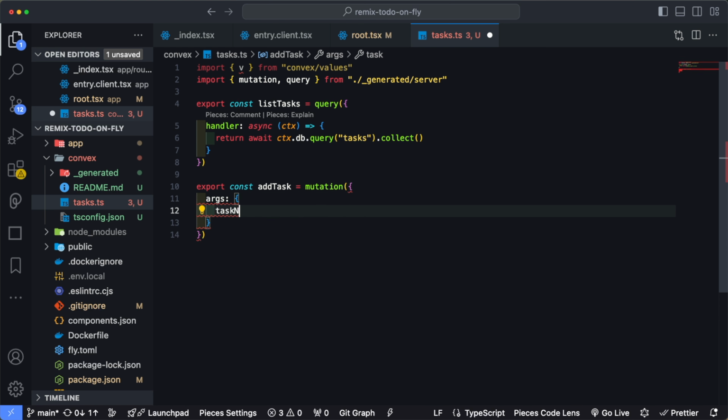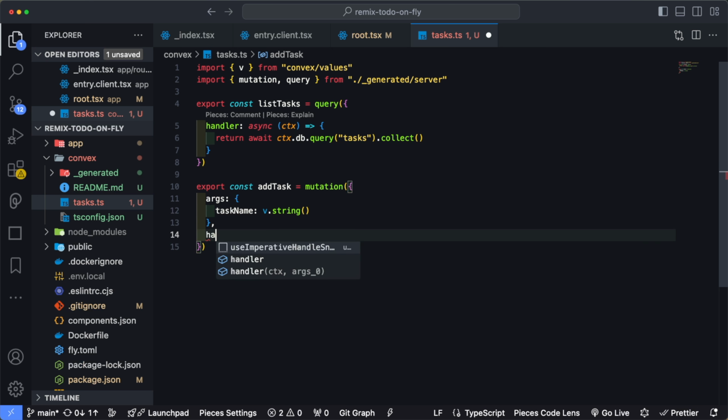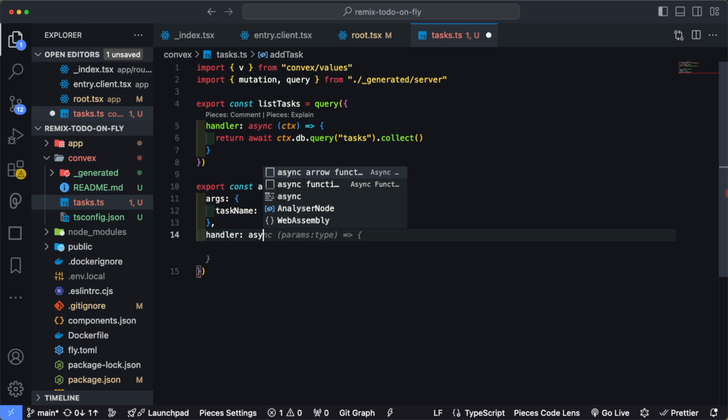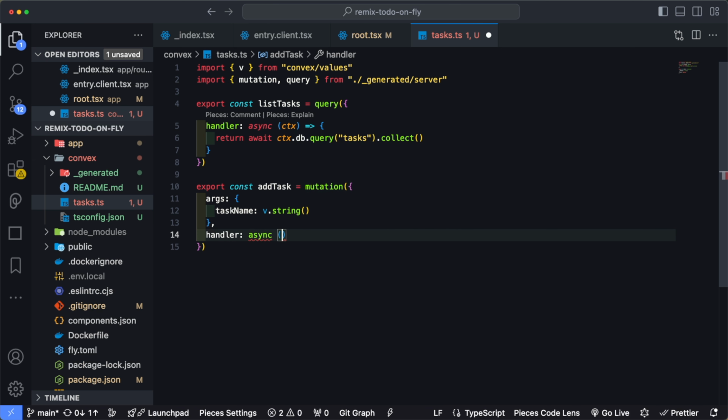The name of our argument we're going to pass in is going to be taskName. And then we're going to set that to a type of v.string, which is essentially telling the overall system that we should expect a string value to be passed in as an argument, which we'll see once we populate out the actual Remix portion of this application. This is also going to take a handler. This is also going to be an async arrow function, just like we defined above, except instead of just including the ctx, we're also going to include args, which is going to give us access to the defined taskName